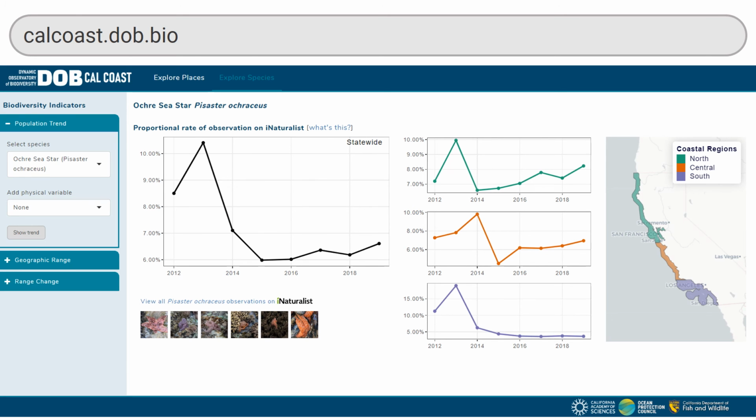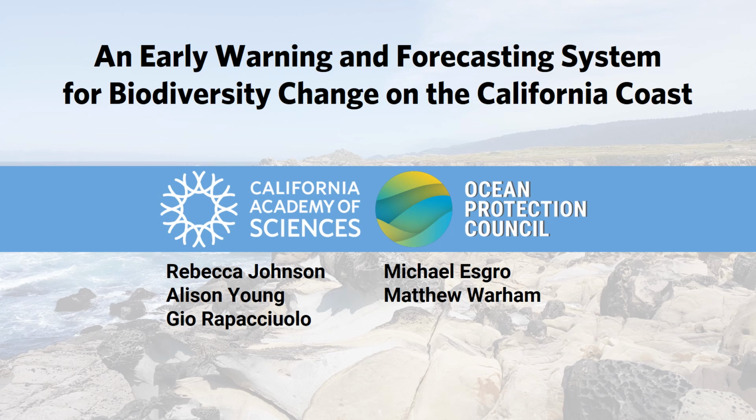By navigating to calcoast.dob.bio, you can find out more about our project, the approaches we're using, as well as interact with the outputs we are developing. We have now started a new phase of this project, adapting our approaches to detect biodiversity change from community-contributed data to address the management need for an early warning and forecasting system for biodiversity change on the